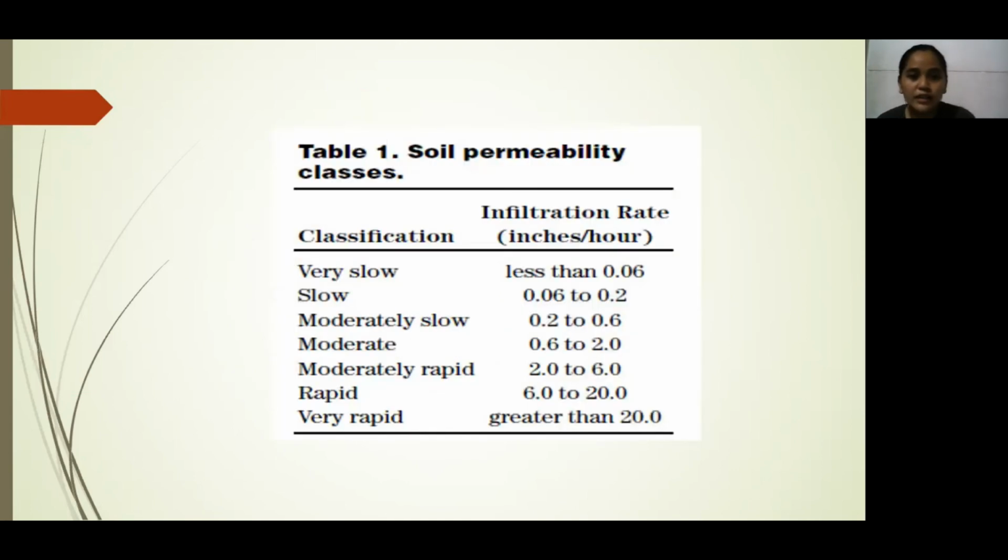So here is the table that represents soil permeability classes. The classifications are very slow, moderately slow, moderate, moderately rapid, rapid, and very rapid. So it shows the infiltration rate in inches per